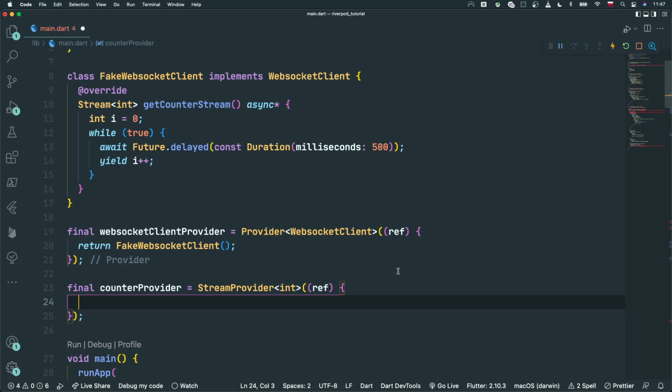But how can we access this WebSocket client from a counter provider? We need to access this provider from counter provider. And the way to do that is by using this ref parameter, which is not WidgetRef this time, but instead a StreamProviderRef. But it works pretty much in the same way. What we can do is call